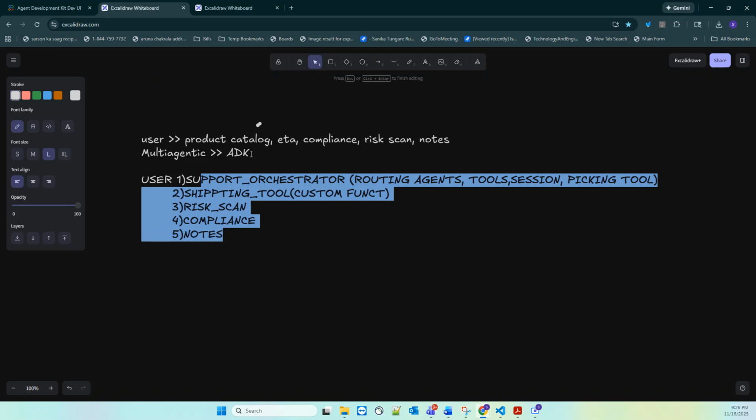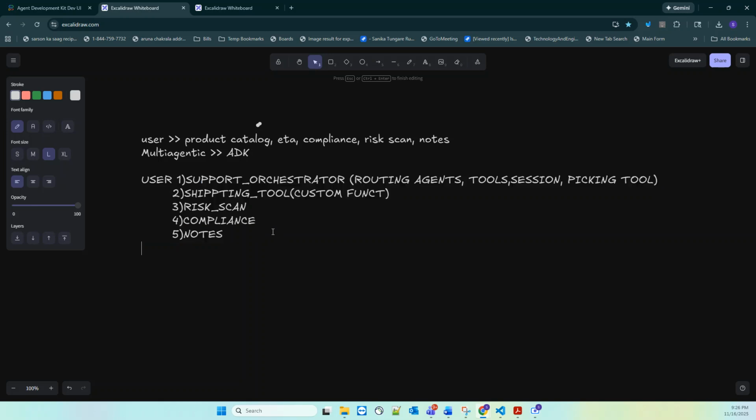Now ADK supports this remote A2A agent, which helps to create the agent card, and this agent card will have the product catalog. We are having the product catalog as an agent card, and we are having the compliance catalog as an agent card. An agent card is something where we have the preliminary information of what all things are there in our code and what all things are there in the stock, so that those agent cards will be called when the agents are up and running.